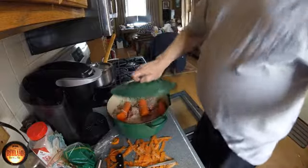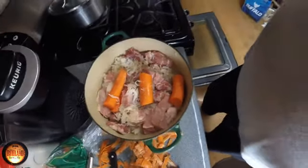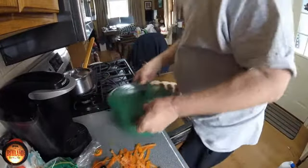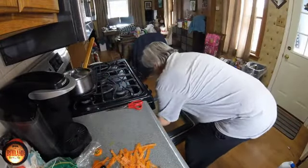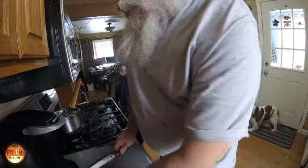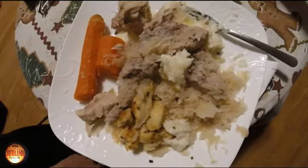Here's what it looks like before it goes in. My version of a Sauerbraten, but it's made of pork. And we're in the oven for an hour and a half. Done. Done. Little cleanup here on the carrots, and the meal is good to go. There's the pork with the sauerkraut,